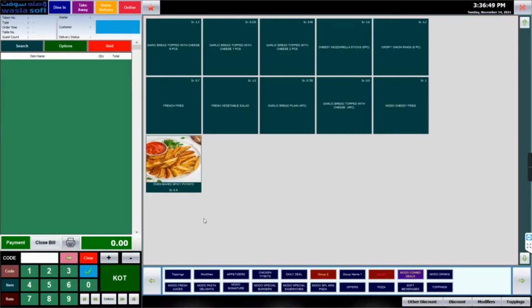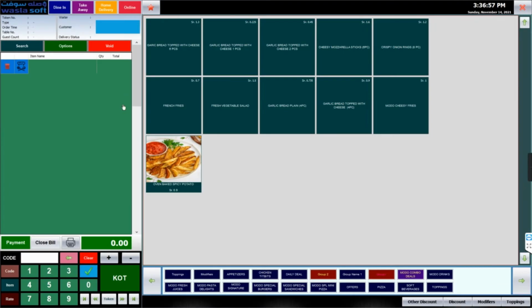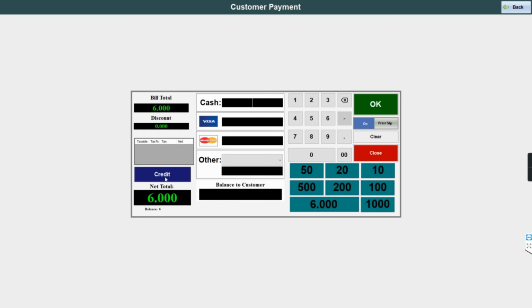One of the payment modes is credit sale. If this is a credit sale, and you have a lot of items, when you do the payment, you have an option for credit.